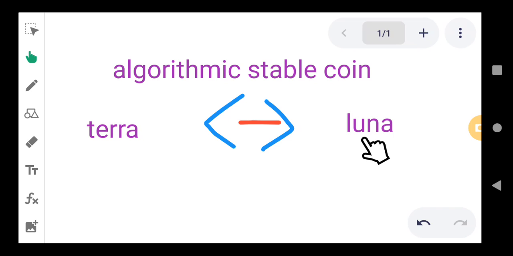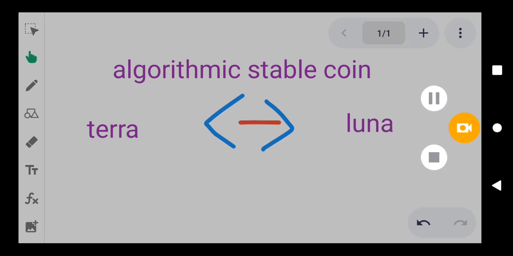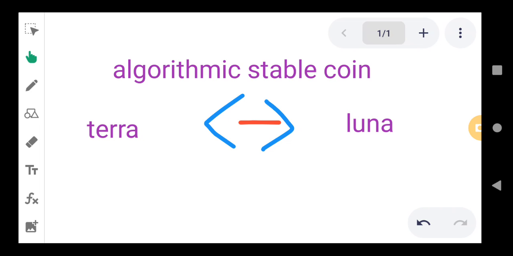So once again they can sell Luna directly in the crypto exchange, or they can swap Luna for $1 worth of Terra, and then sell Terra directly. Of course, if they sell Terra, they can only get 85 cents. And so that creates even more selling pressure for Terra and for Luna. And so the price of Terra and Luna will continue to drop. And that creates a level 4 selling, level 4 in this death spiral. So that's basically the gist of how the stablecoin called Terra, and Luna, collapsed.